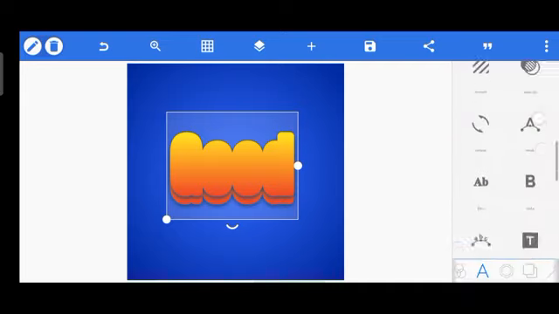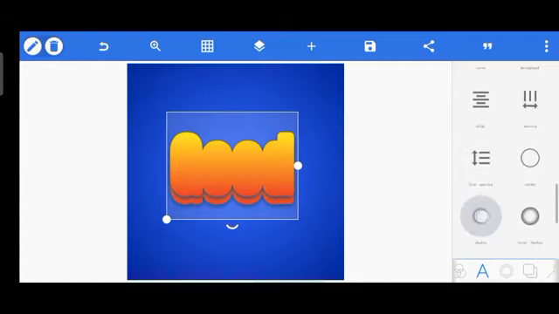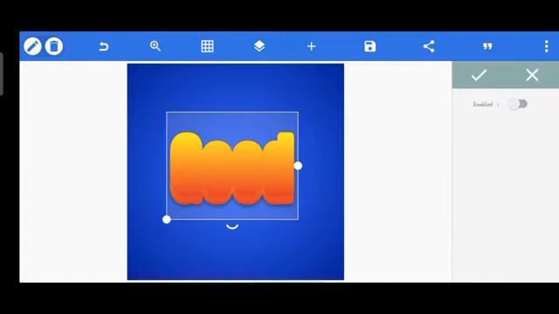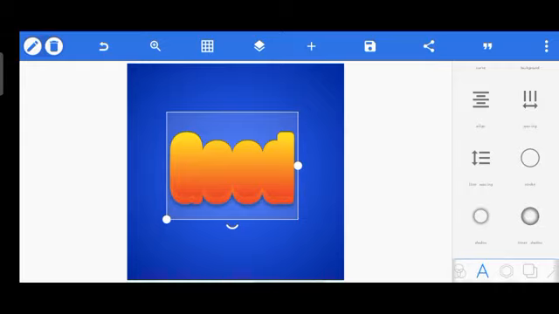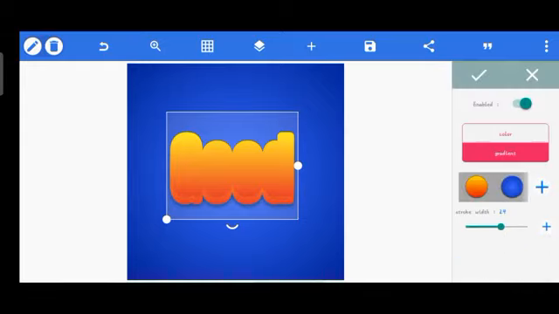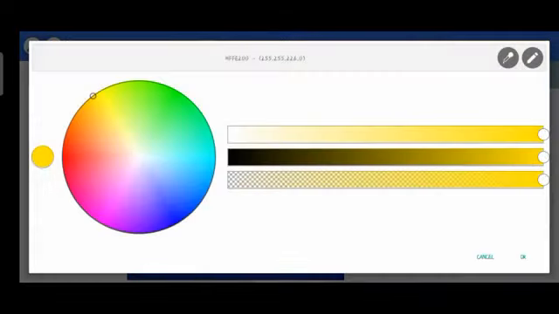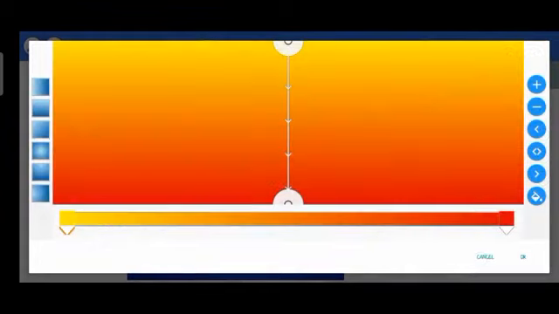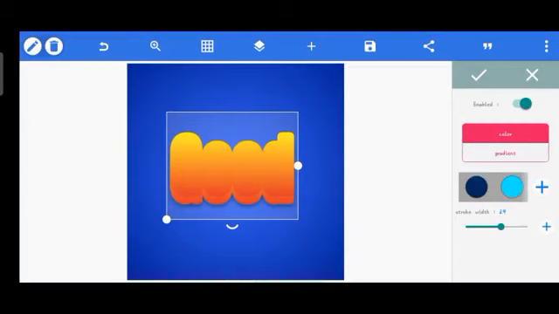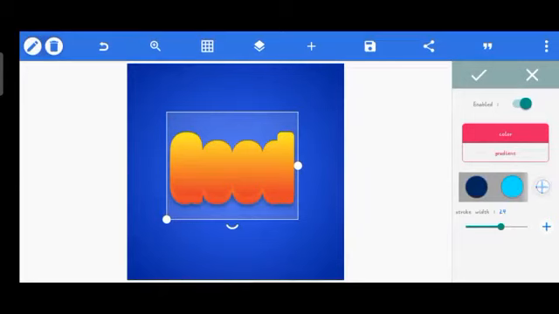So I'm going to reduce the shadow first, and then use the same color for the stroke, the same color for the background. So let me just check the color of this. The color code is FFE200. So we'll head over to the color plus button, and this is the plus button beside all these color balls now,